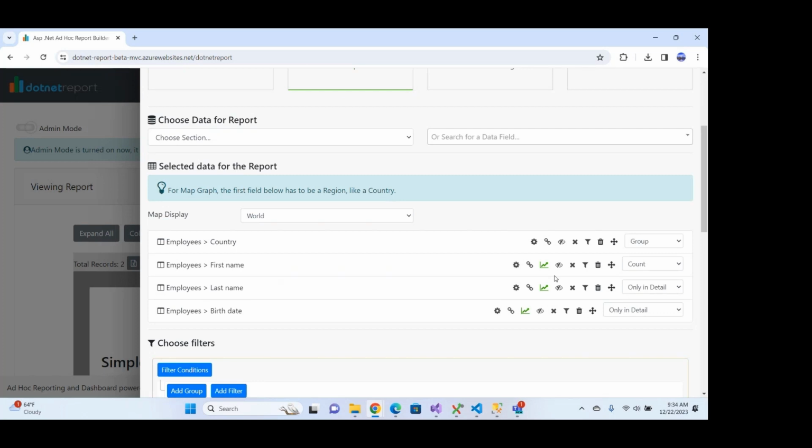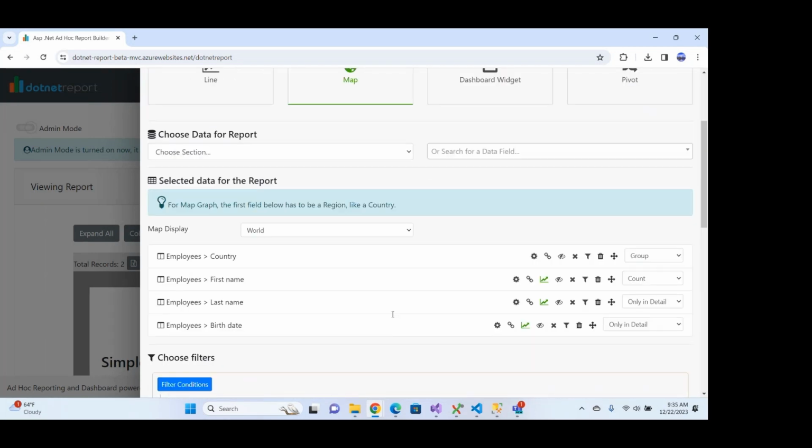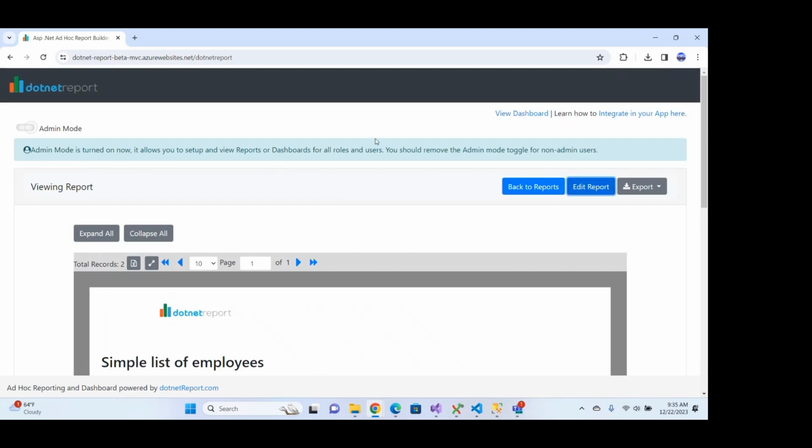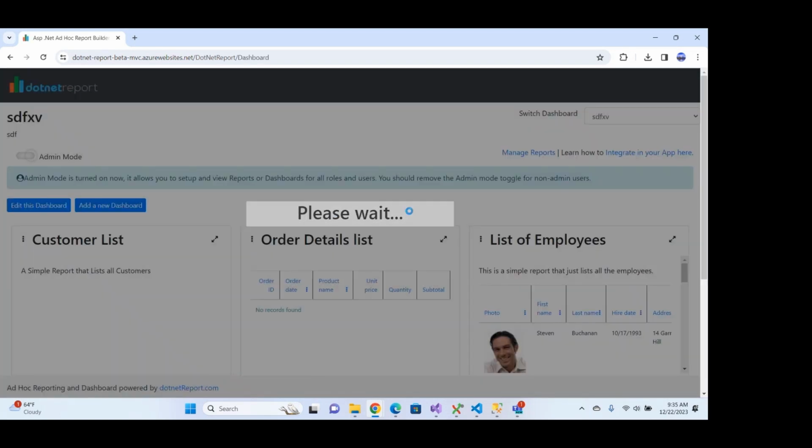Then you have a lot of different options. You have settings where you can link reports into other things. Instead of just drill down, it also becomes a link. You can do other kinds of aggregates. You can obviously apply filters. Once you create these reports, you can also easily put them on a dashboard. Any report that you create,